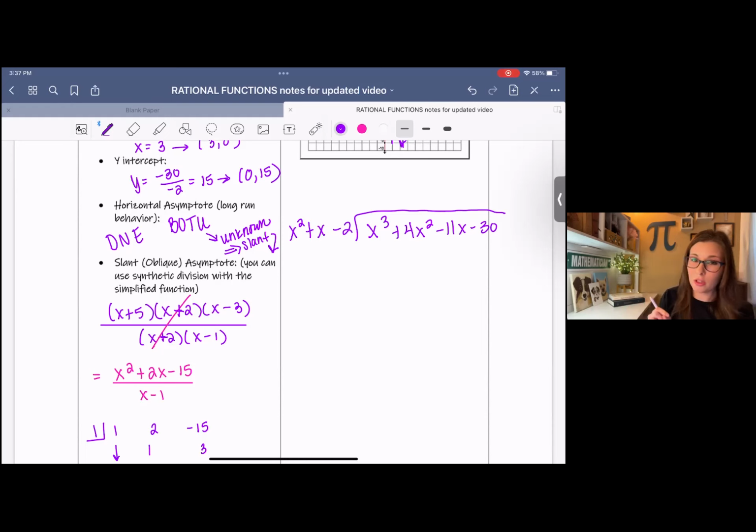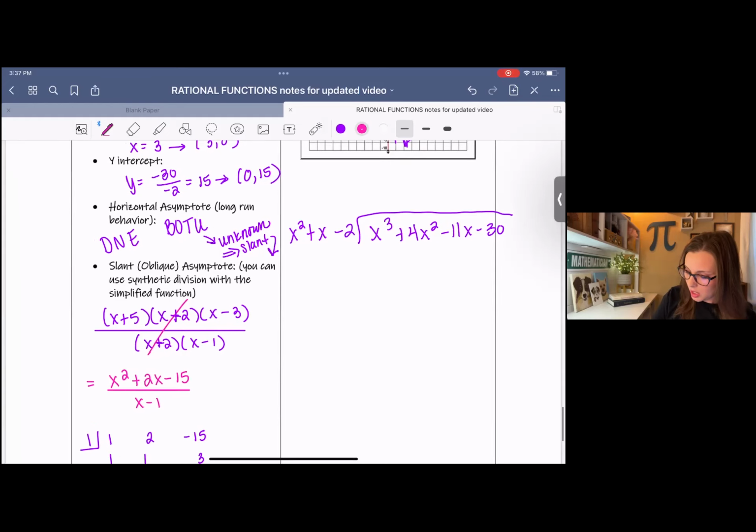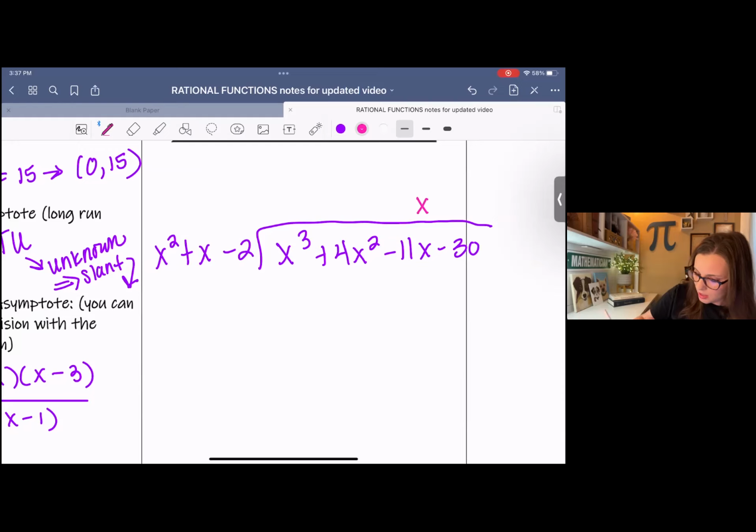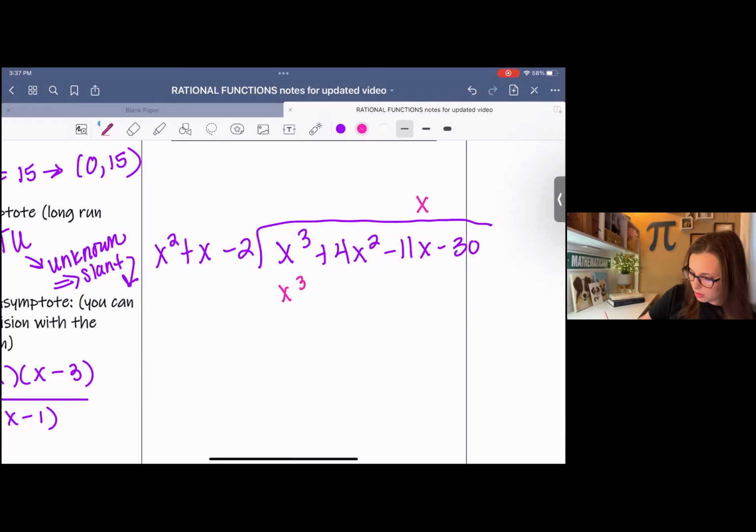And I have gone over long division a little bit already, so I'm just going to run through this again, like I did with synthetic. x squared goes into x to the third, x times, multiply that back out, that's x to the third, x squared minus 2x. Remember, we're subtracting this whole line like normal division. We get 3x squared minus